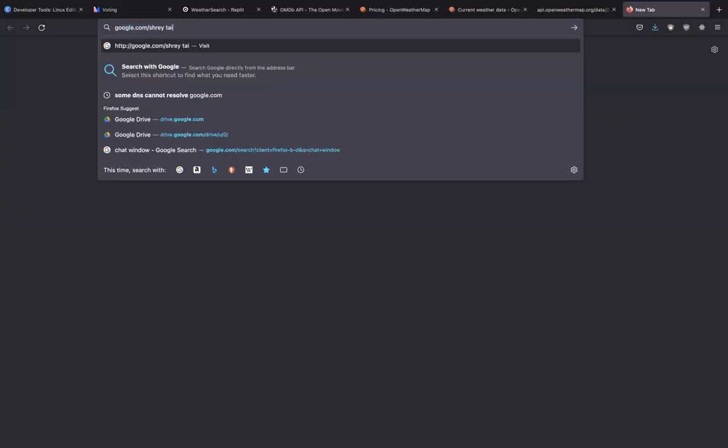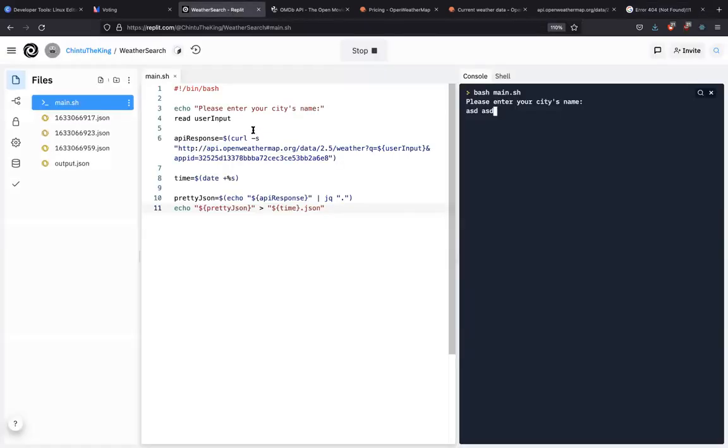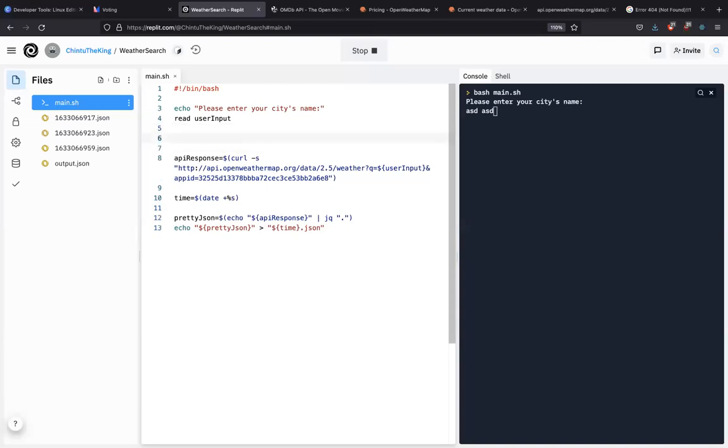And then I just write Shrey Taylor, then there's usually supposed to be a percentage 20 in between because of the space, right? Because that's what space stands for. That's a special character for space. So in order to take care of that, one thing we can do is